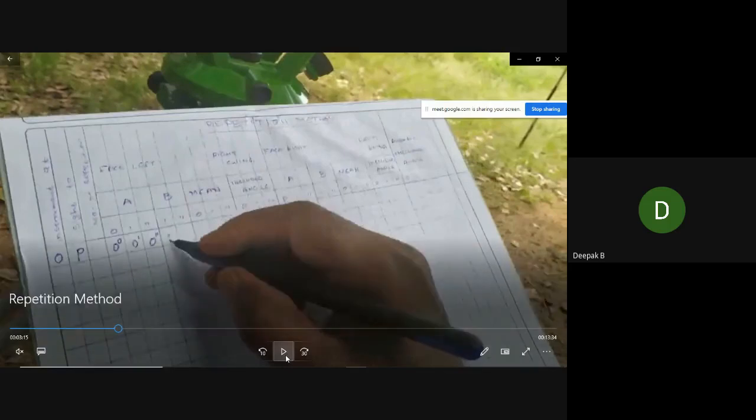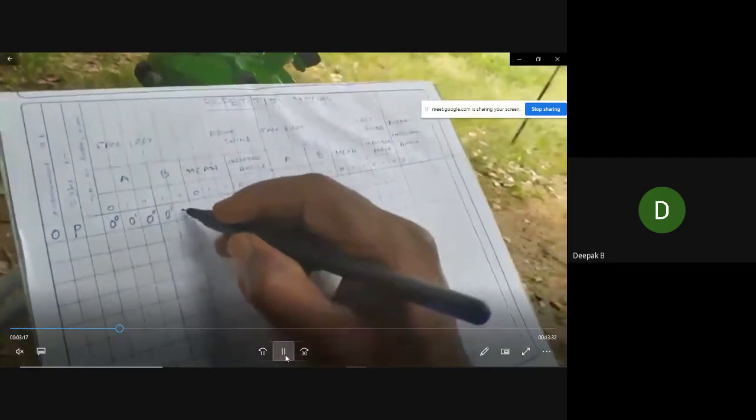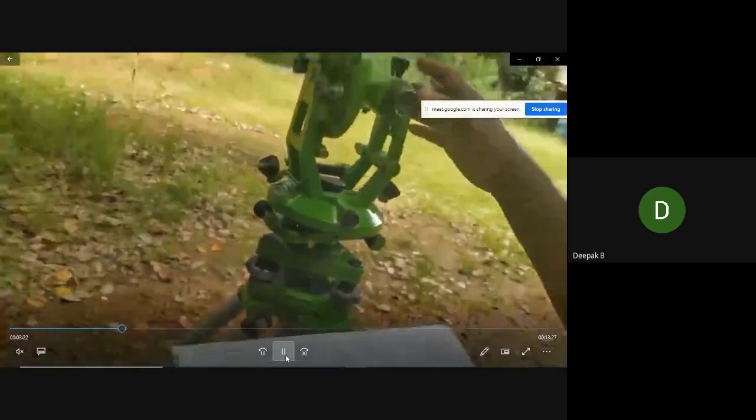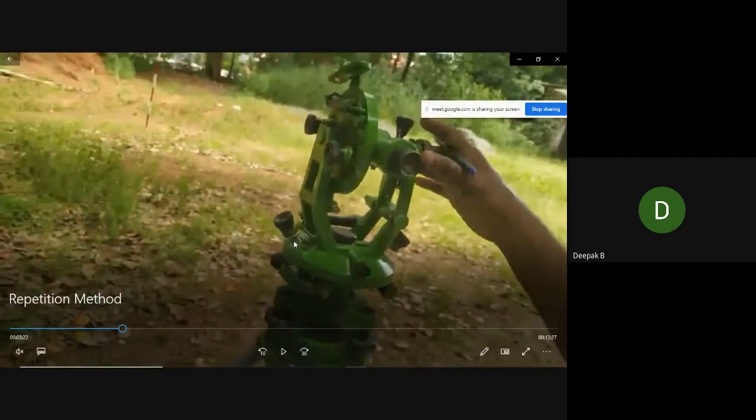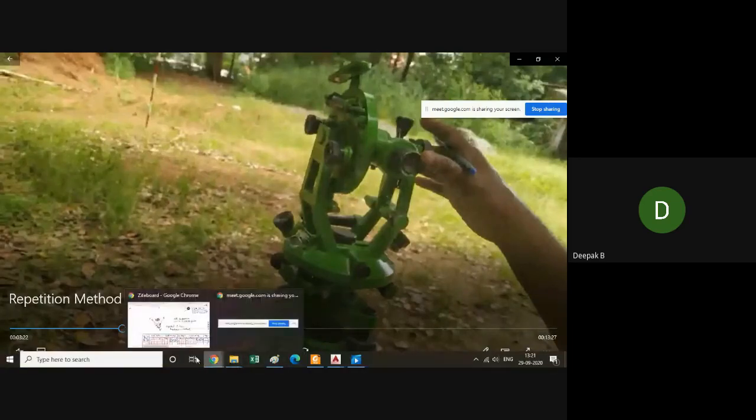When he does that, the reading at P will be 0 degree, 0 minute, 0 second. Okay, that's what he did. And he will look through both the verniers, in vernier A as well as vernier B. There is a place to mark the reading in vernier A, and a place to mark the reading in vernier B. So that is established. Okay, the first point, the sighting of P, is actually coinciding with the 0 degree reading of the theodolite. So I will mark this point here as